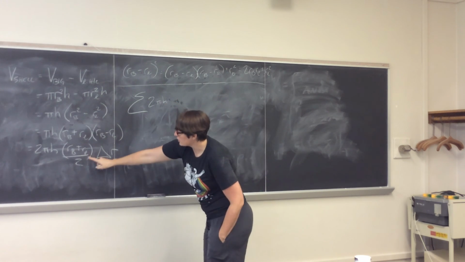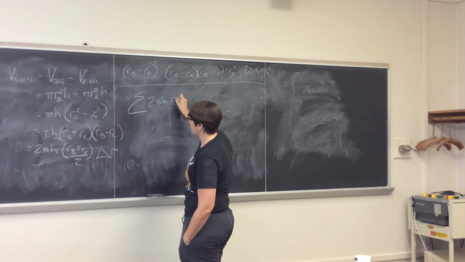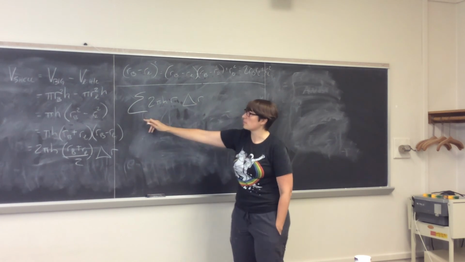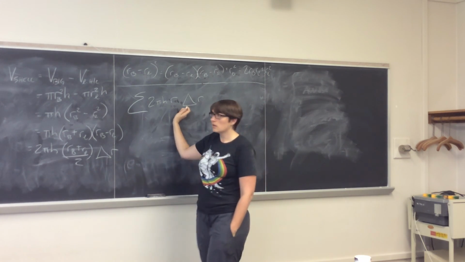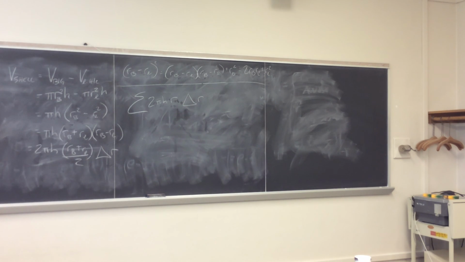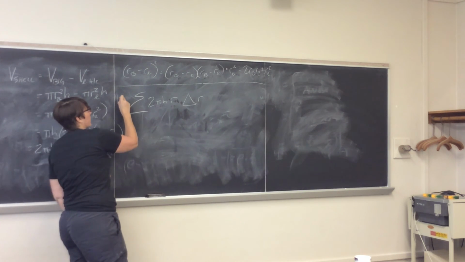And we have the average here. I'm just going to call that R. And then the change in R. I'm going to sum all of them up. And what I'm going to do is take the radius, make it as small as I possibly can, so I'm going to take the limit. The limit,